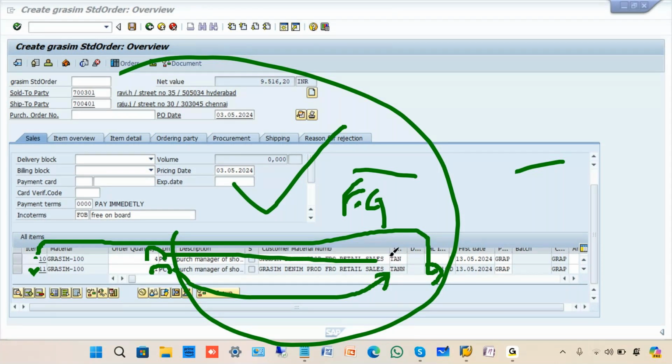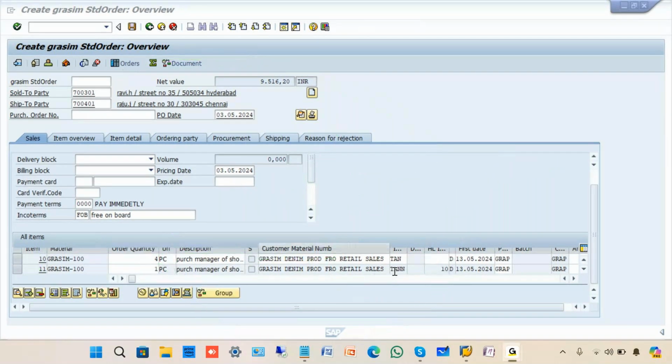So you can see the supportive item categories coming in automatically. First point, you can see the higher level getting reflected automatically. Reference of main product to the sub item, which makes the item category change to TANN. That means this one is free for this product. If I just scroll aside, you can see